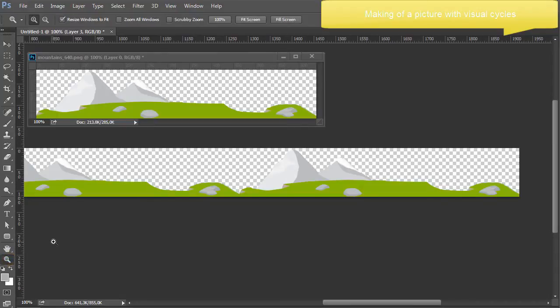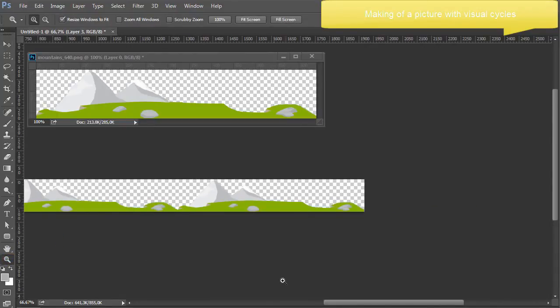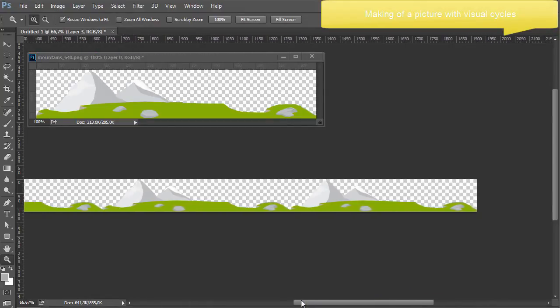That's all to create a background picture intended to be animated in loop with Captivate as we do in cartoons.